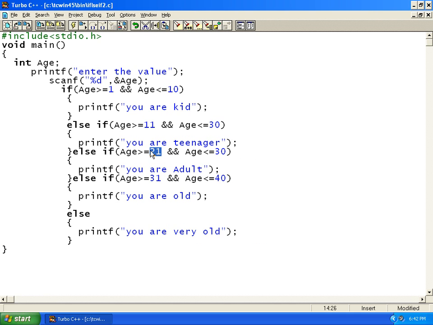And we'll say 31 as an adult, okay, we'll say 50 as an adult, 51 to 60 as an old person. Okay, we'll consider it like this.